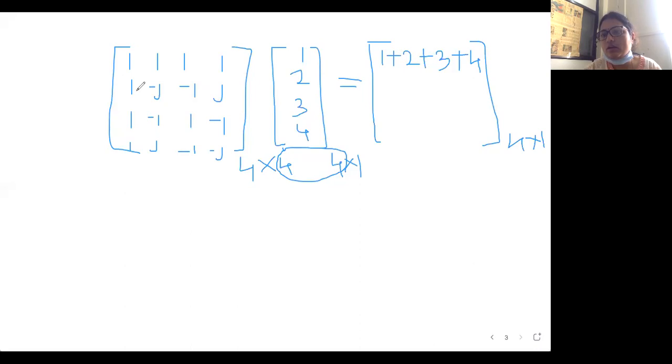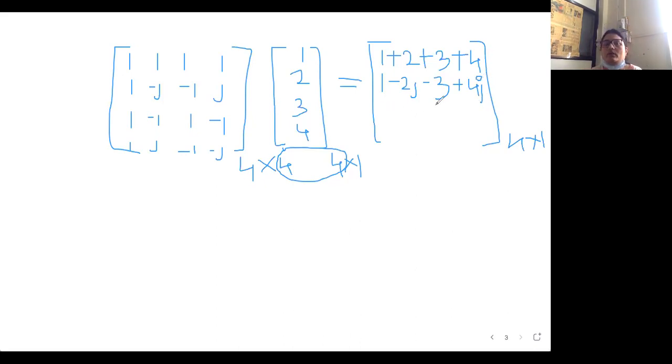So when we consider the second row, first column, we will be performing multiplication. Second row, 1 gets multiplied by 1, right? Then minus j gets multiplied by 2, so this second element will be minus 2j. Then this minus 1 gets multiplied by 3, so this is going to be minus 3. And this j will be multiplied by 4, so the last element will be equal to 4j. Tell me the next element now. This is going to be 4j.